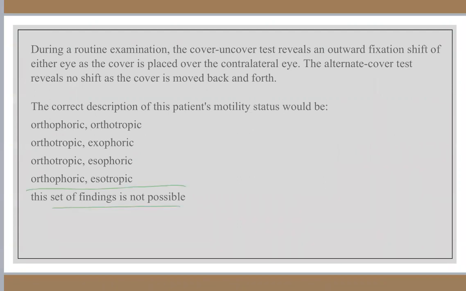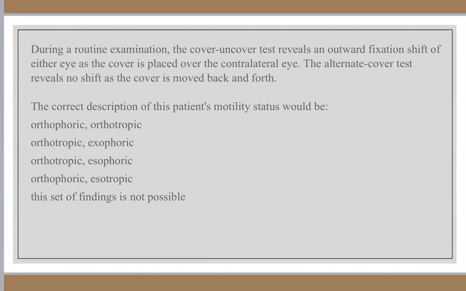And this is consistent with Kanski, which says the alternate cover test is a step forward in diagnosing phoria rather than the cover-uncover test. So if you have a problem with the cover-uncover test, this will be 100% manifest with the alternate cover test. So this set of findings is not possible, and this question is present in